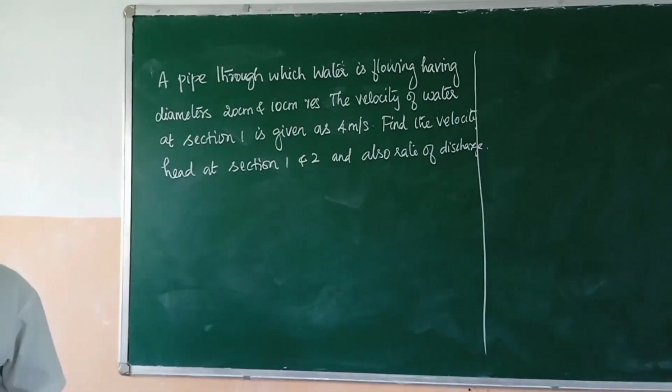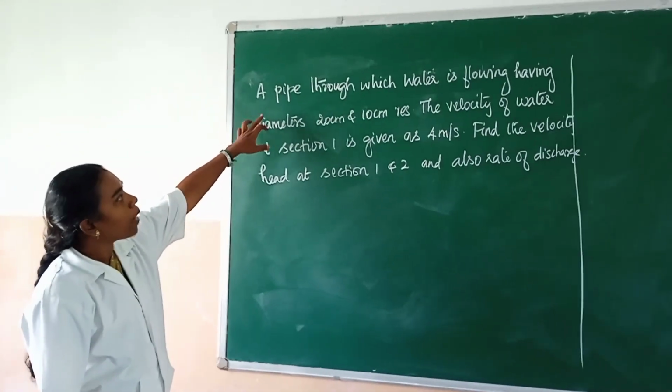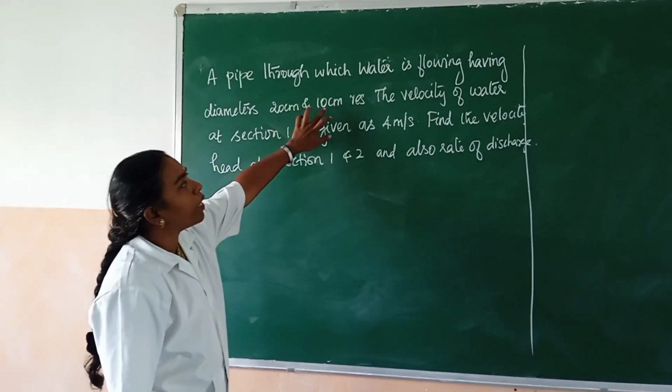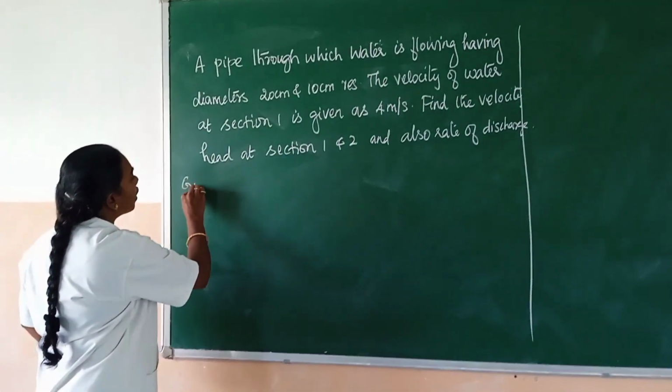Today we are going to see a problem related to Bernoulli's equation. The given problem is a pipe through which water is flowing, having diameters of 20 cm and 10 cm respectively. So the given data is